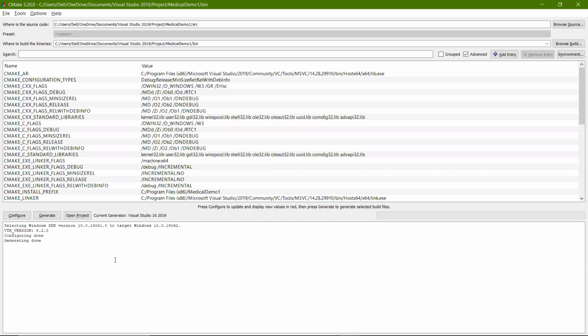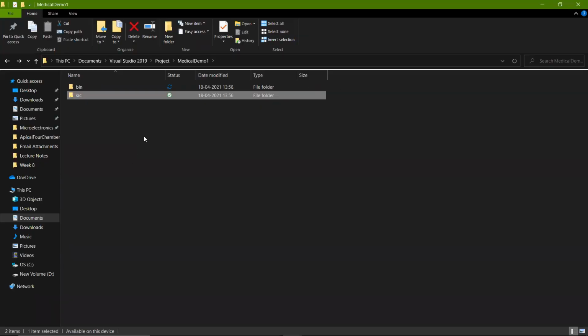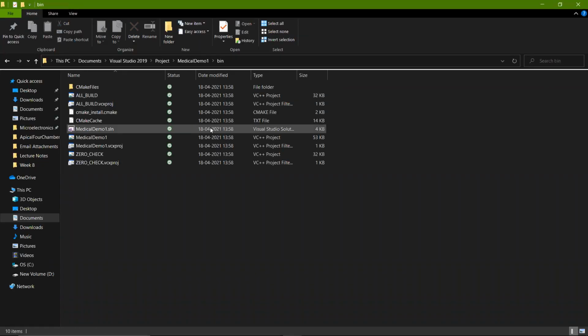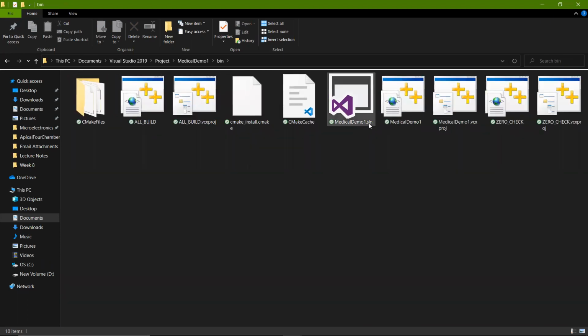Inside our bin folder there should be a solution file, a .sln file. You can open that file directly by clicking on open project, or you can also open it by going inside your bin folder. You will see a solution file. This is our solution file.